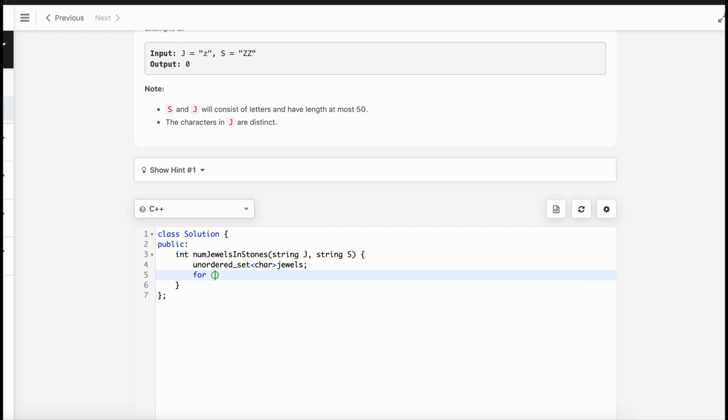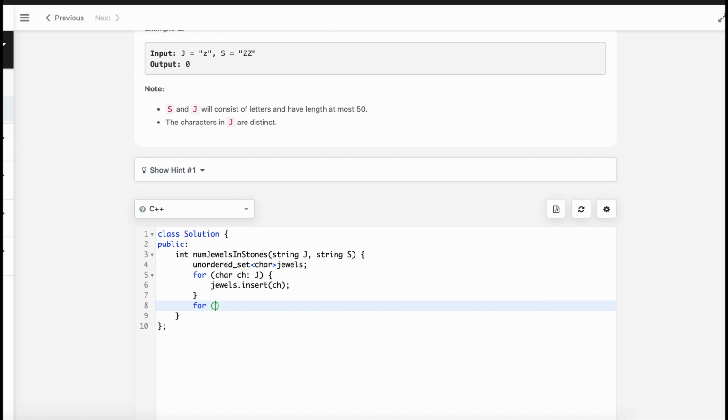Well, let's iterate over J and put each character in the lookup table.